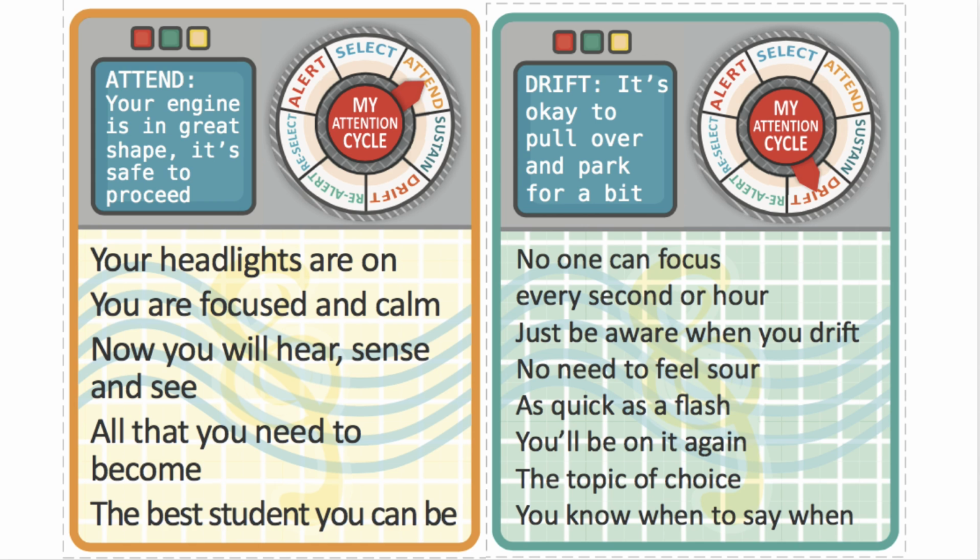So just by doing this activity, talking with children about the fact that they have an attention engine, talking about the fact that we've got to alert it, we've got to turn it on, we've got to shine our flashlight on the target of our attention, we need to attend, and then sometimes our brain's going to take a drift. It's going to take a breather. The difficult part is re-alerting and reselecting. That's where the children have the most trouble, because when they're drifting and they're thinking about something else, or they reached over to pick something up, or they leaned over to talk to a friend in class, sometimes they have trouble